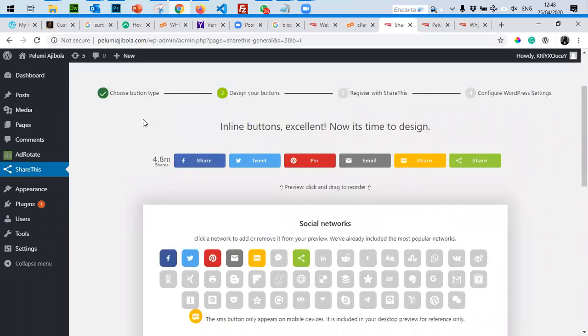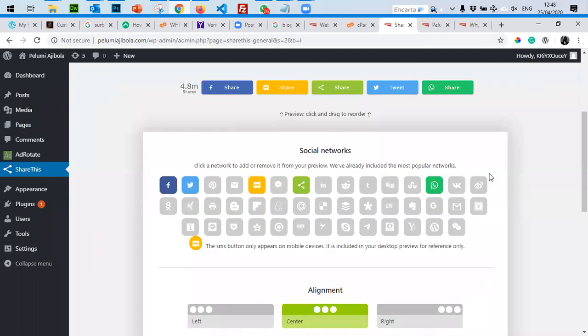Once you click on that, the next option asks what platforms you want to share your post on. I want people to share just on Facebook and Twitter. People can share via email, and people can share on WhatsApp. I'm trying to look for the WhatsApp icon, because I remember ShareThis having WeChat and WhatsApp. So people can share my blog post on these platforms.